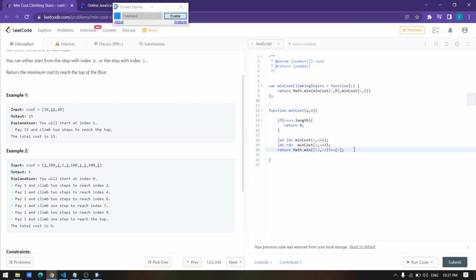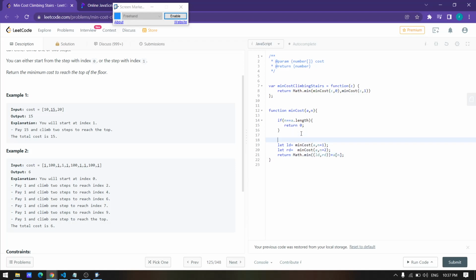So the output here will be 25, but we don't want that output to be 25. For C comma 0, if I have taken 0, then it will give me the output of 25. You're getting my point? 10 plus 15. And for C comma 1, it will give me the output of 15. After 15, there is n plus 1, that is 20, and after that there is no value. Okay, so I think it might work.